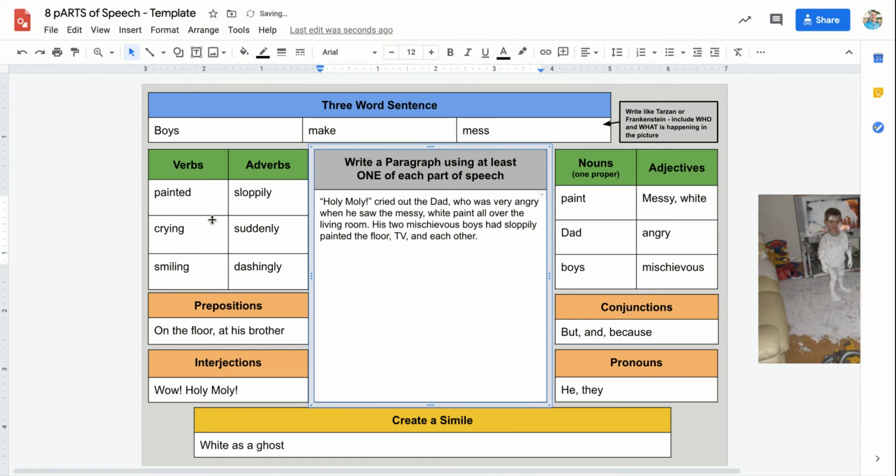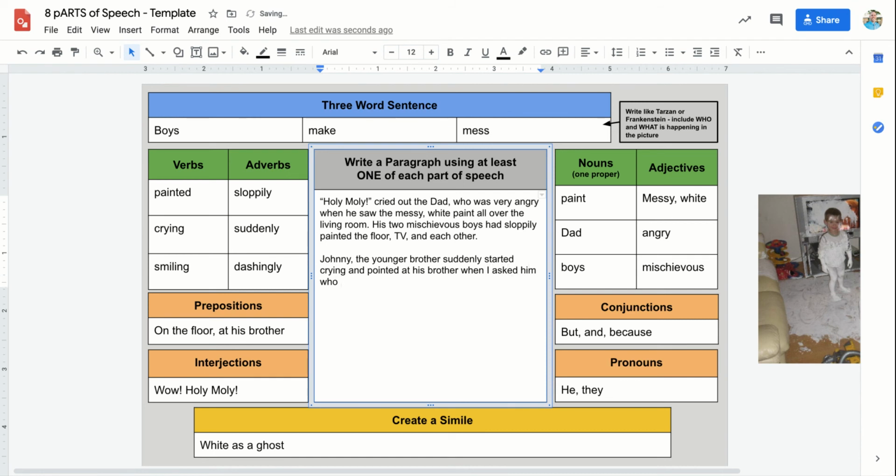Let's see. Johnny, the younger brother, suddenly started crying and pointed at his brother